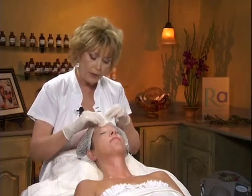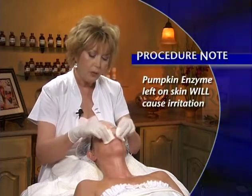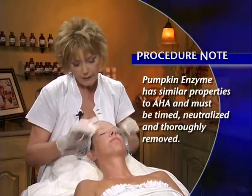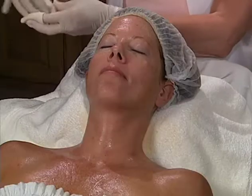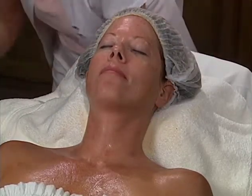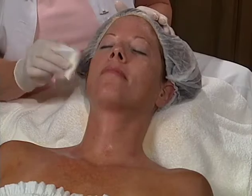Pumpkin, like alpha hydroxy, is a mixture that just continues to work on the skin, and it always has to be neutralized and removed. And in this case, we're neutralizing with just our water. Nice and pink, good stimulation, looks real pretty. I'm going to blot you dry and take a look, keeping in mind that you've got your pumpkin mixture on the chest,